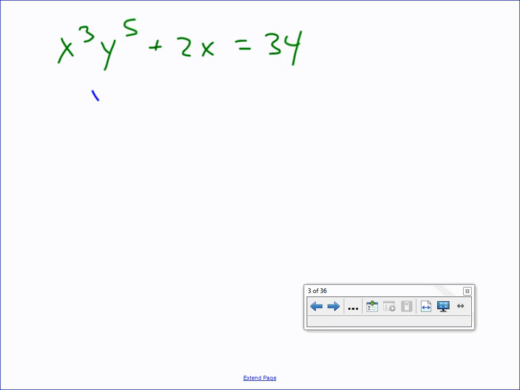It looks like we'll have to subtract over the 2x and then divide by the x cubed. And then we'll have to undo that 5th power by taking the 5th root of both sides. And so before I can enter my calculator, I have to solve for y prime. It looks like I'm getting